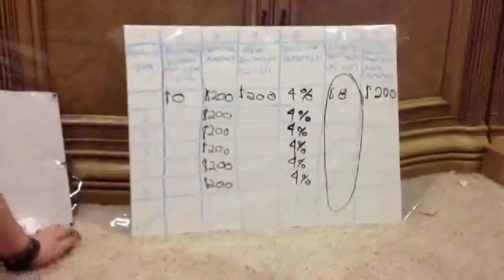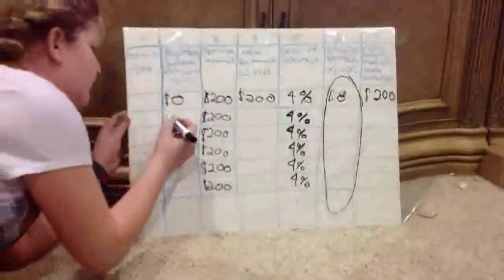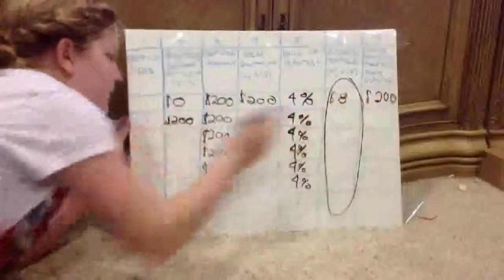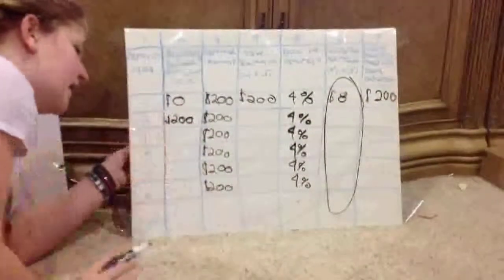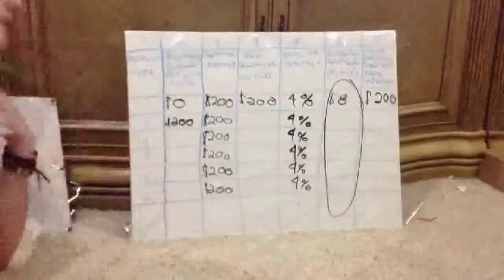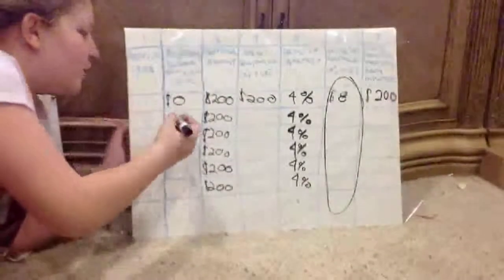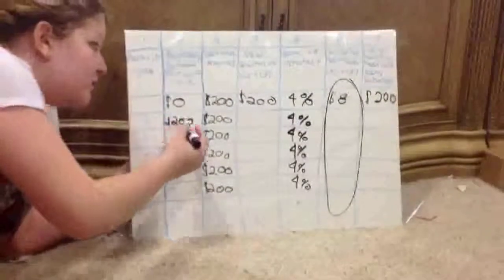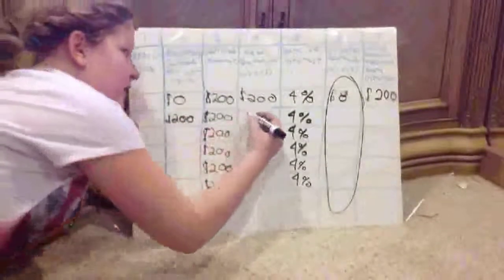Now you'll take that 200 and move it over here. Take this number and put it right here on the next line for your beginning balance for the new cycle. So if you keep doing that cycle, I'll do one more line for you. You take 200 and add 200 and you get